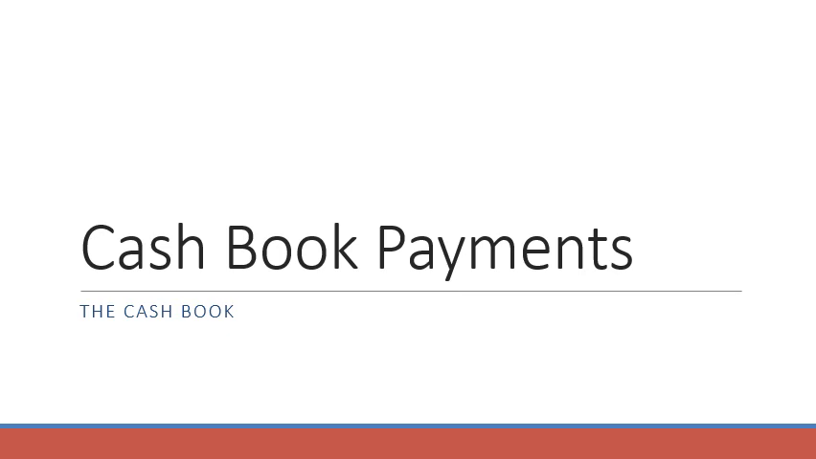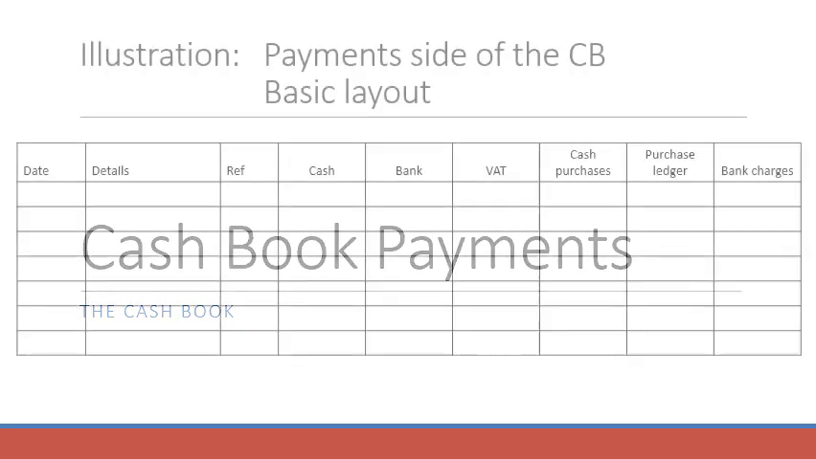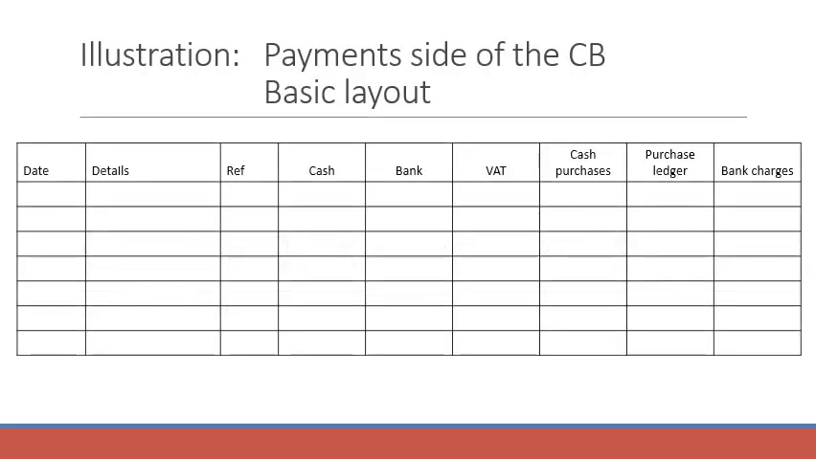Now that we've had a look at our cash book receipts, we'll turn our attention to the cash book payment side of the cash book. So up on the screen, I've got a basic layout, and we can see that it's very similar to the cash book receipts side. I've got date, details, reference, then